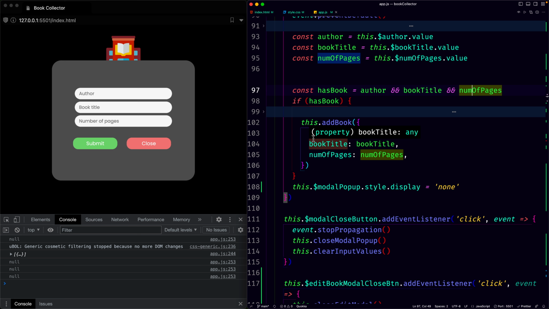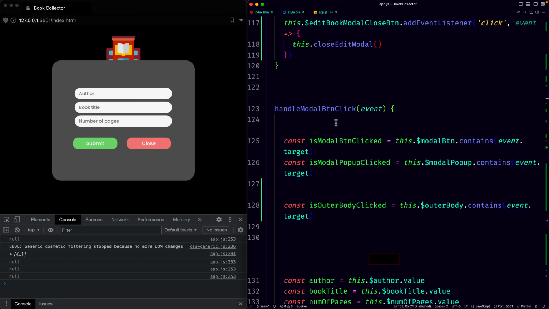Okay. So if all those are actually true, we are going to run the function this.addBook. And what we're seeing here is that the argument for this function is actually an object. The object is going to include the author, the book title, and the number of pages. What's weird is that since addBook takes an object, what we'll see here is if we go to the object of addBook,